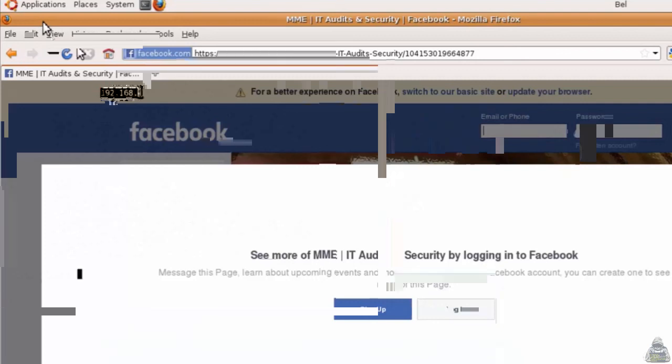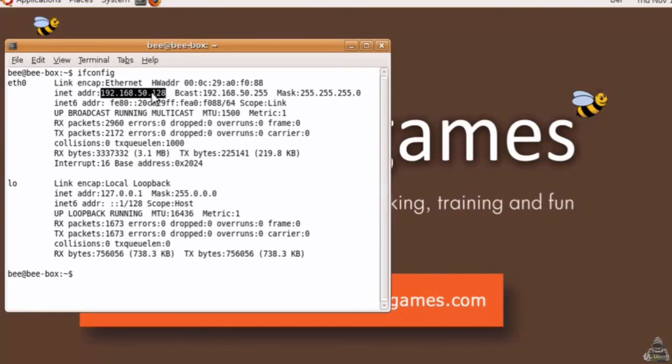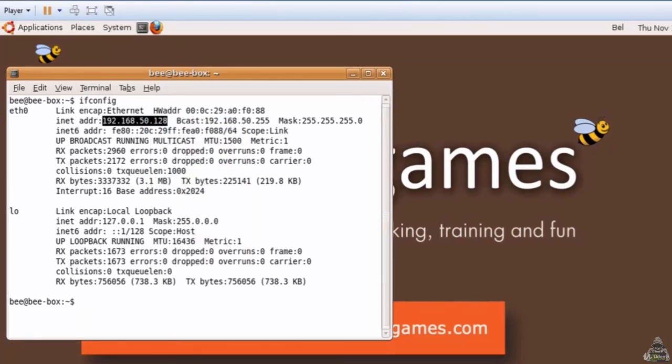At which the website is hosted. I'll just copy it up and I'll open that website in Windows